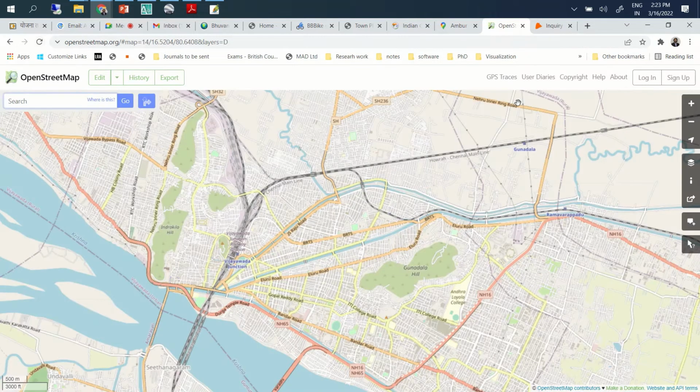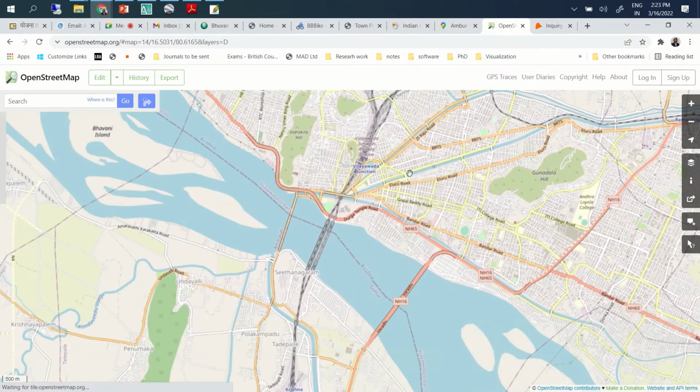Go to OpenStreetMap, and you can give the exact location you are looking for information on. There are certain layers. I think it's loading, that's why I'm not able to show you the actual screen. If you go to OpenStreetMap and give specific locations, we'll be able to download certain information in the form of CAD files.